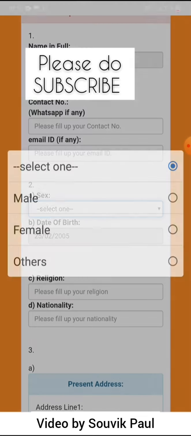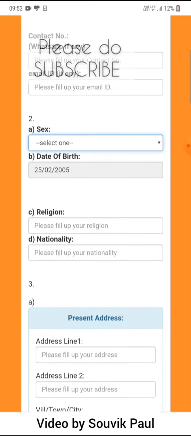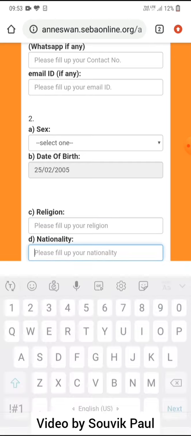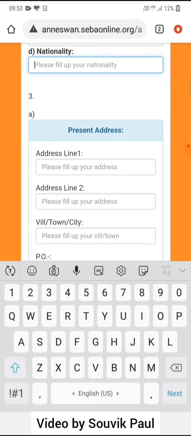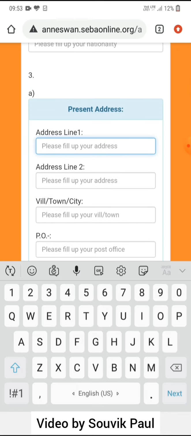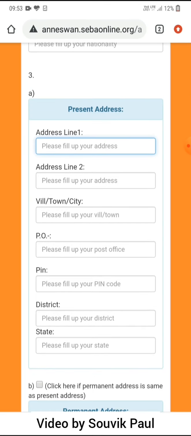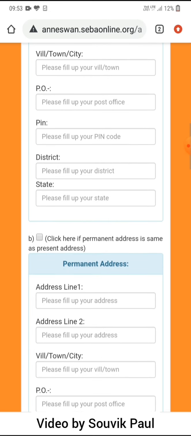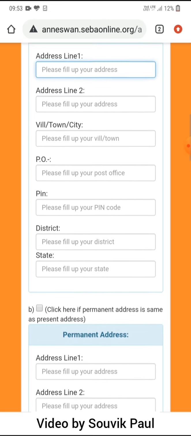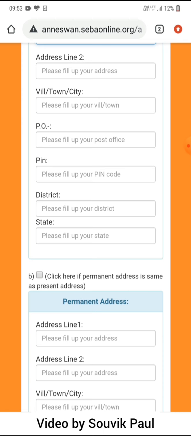So you have to select the gender, WhatsApp number, email ID, religion, nationality, and permanent or present address. If both the addresses are same, then just click on that checkbox.